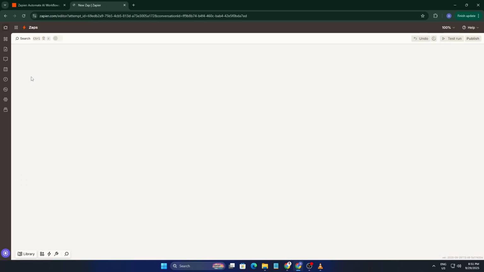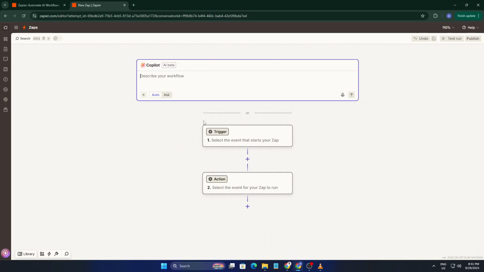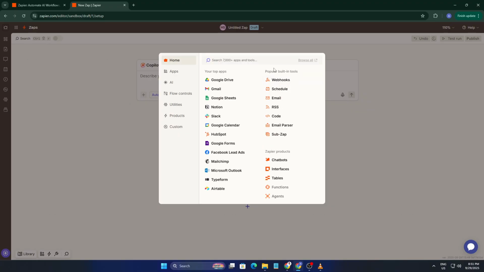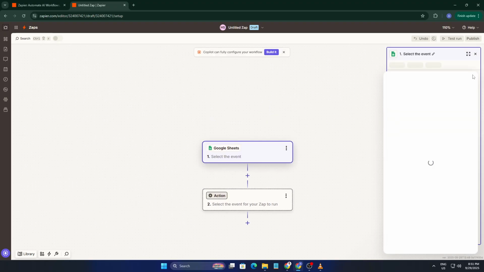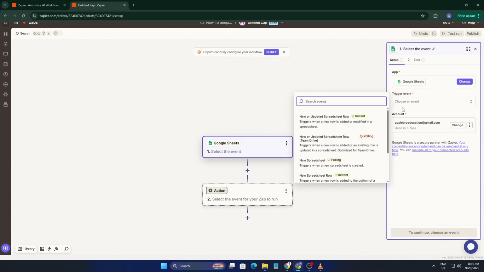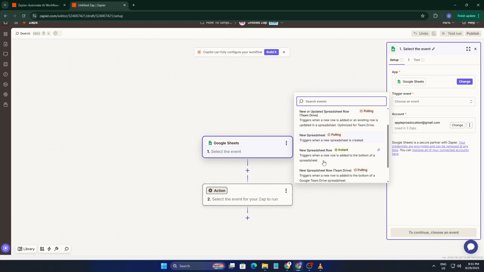Everything in Zapier revolves around a zap. It's basically an automated workflow made up of a trigger, followed by one or more actions. Let's start with the trigger. Click on the trigger section and search for Google Sheets as your connected app. Once you select it, you'll need to choose the event that kicks everything off. Pick New Spreadsheet Row. That tells Zapier to react every time someone adds a new entry to a specific Google